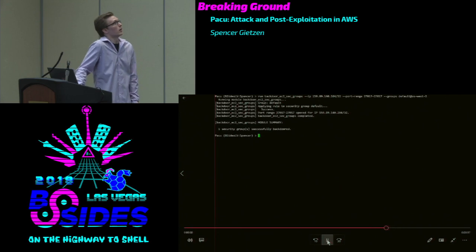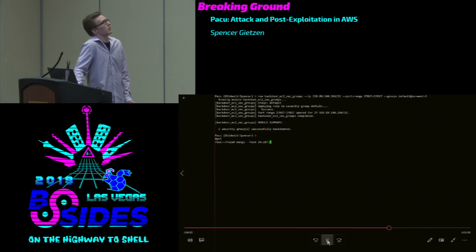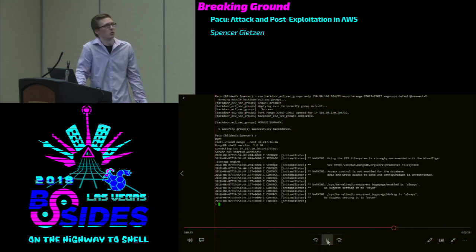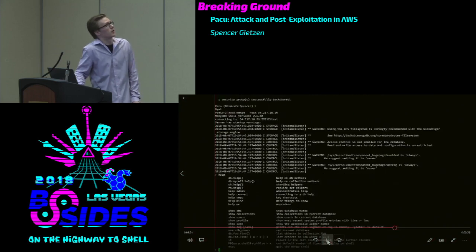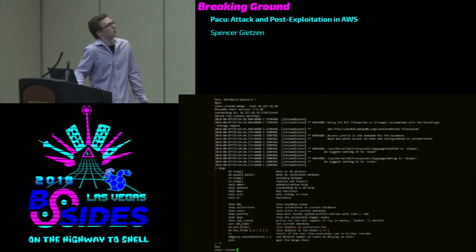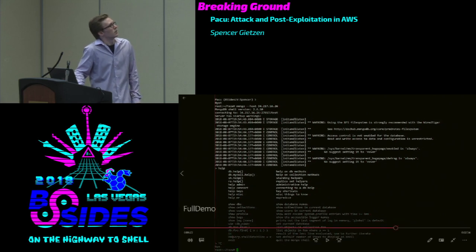And so from here, we enumerated some data throughout so far, and I can use the services command, and it's going to list the AWS services that have data collected for them stored in the database. We've got EC2 instances, security groups, and we've got IAM users and roles. I can then use the data command on one of those services or all of them, whatever you want to do, but I'm going to run data on EC2, and what's going to happen here is you can see